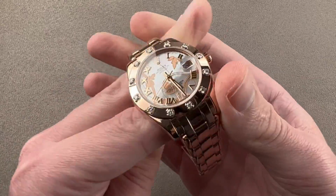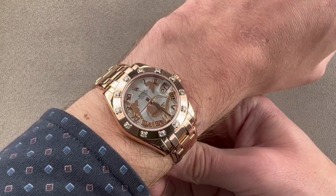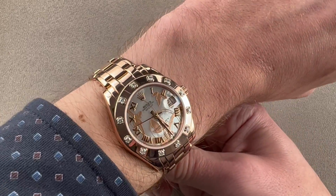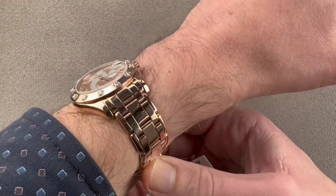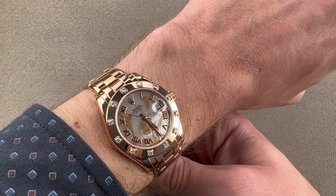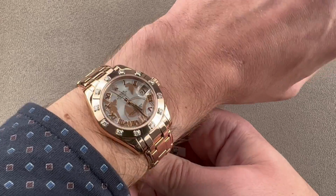I'll see if I can fit this one on my wrist. It's probably just going to make it here. It actually has a lot of presence. It doesn't appear undersized. I do consider it to be a lady's watch. I don't consider it to be a mid-size. It is a lot smaller than something like, for example, a Datejust 36, but it's not overwhelmed by a 16